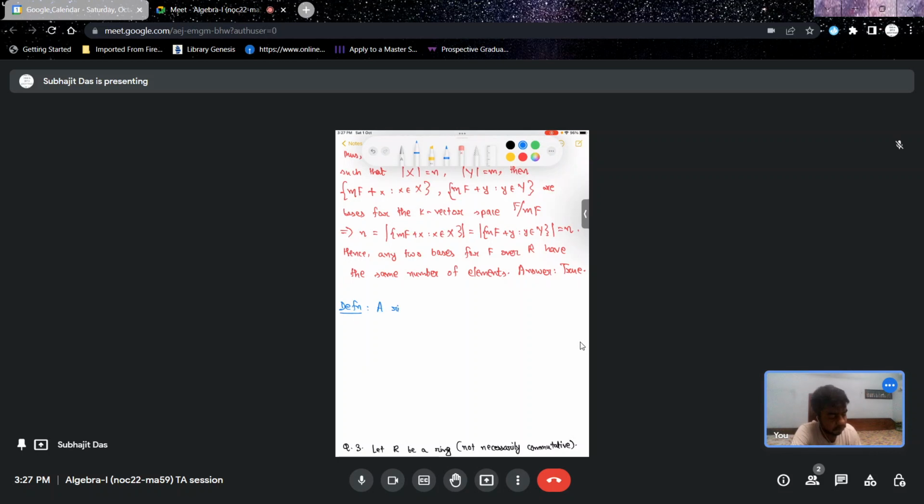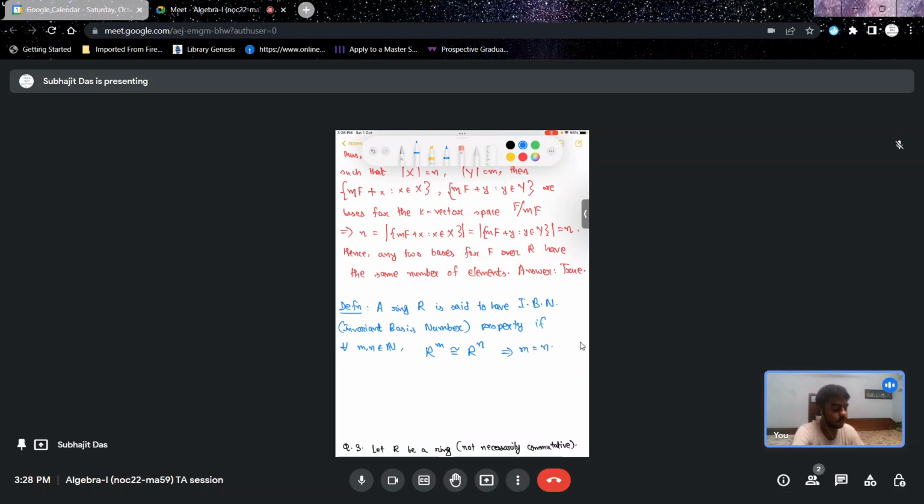A ring R is said to have the IBN, invariant basis number, property if, for all natural numbers m, n, R power m is isomorphic to R power n implies that m